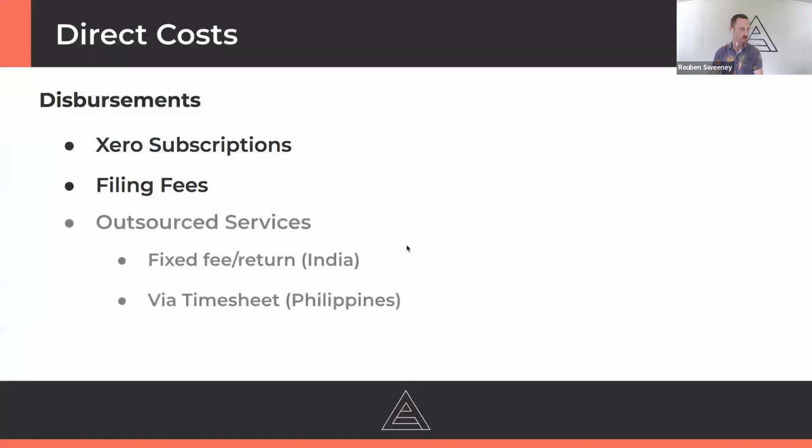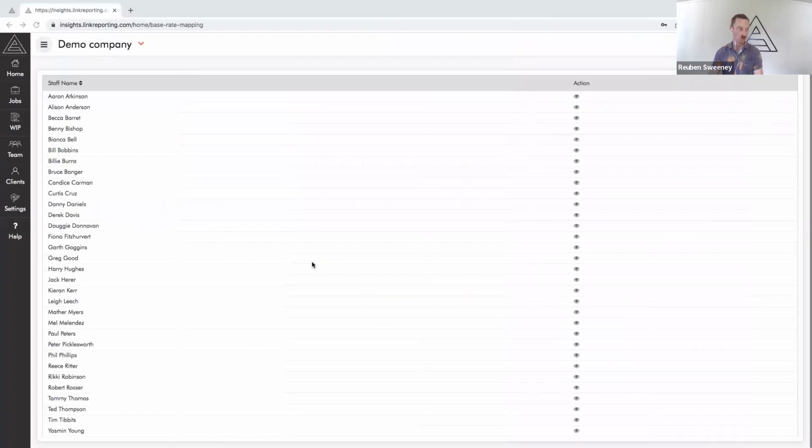Cool. Outsourced services. Now, there are two popular methods that are used here. One is a fixed fee per return. We cover it in a lot more depth in chapter 9 of our book, but this would provide you, say, a fixed fee per return. Someone's going to say, well, how many returns are you going to do? What kind of resource does that need? They're going to give you a fixed fee per return, and you're going to need to add that into this